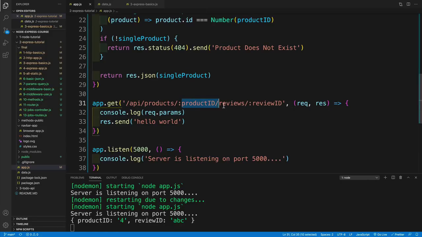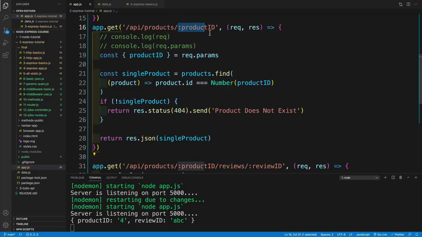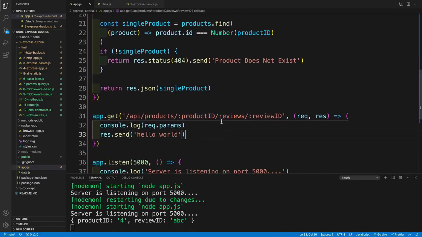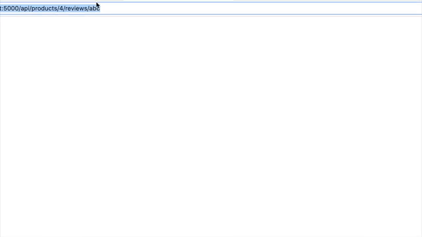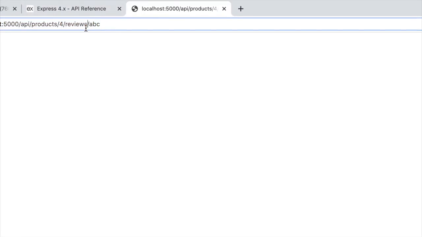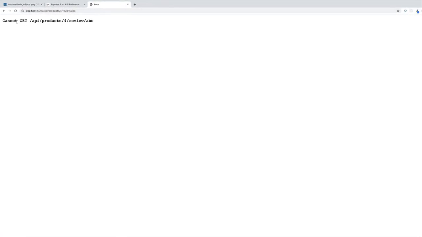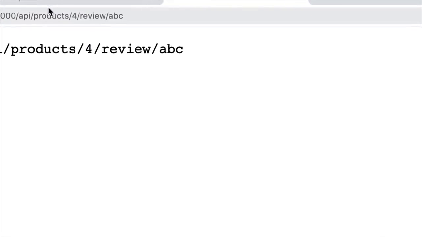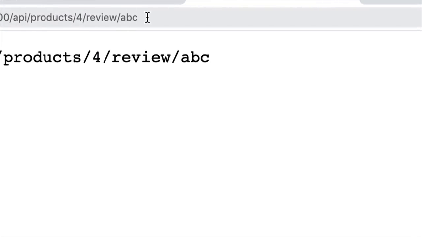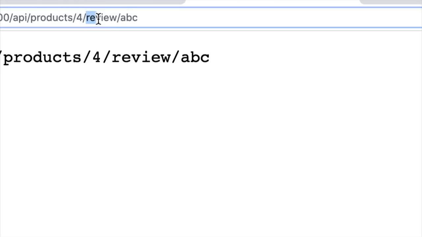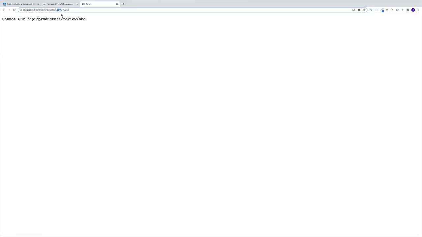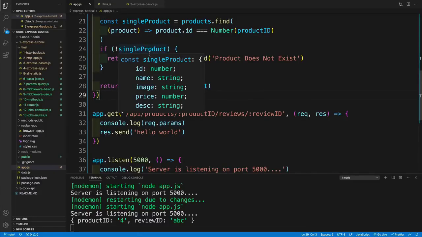And then in the console, notice how I'm accessing all of them. So I have the product ID as well as the review ID. So again, they can get way more complex than just this simple approach. And one more thing I would like to mention: this reviews is hard coded. So if I go back, I can change the ABC however I would like. But if I change from reviews to review, I'm going to get a 404. Why? Well, because reviews is not a route parameter. So that's not a placeholder. So if this is incorrect, then of course I get the 404. Hopefully that is clear. And now let's talk about